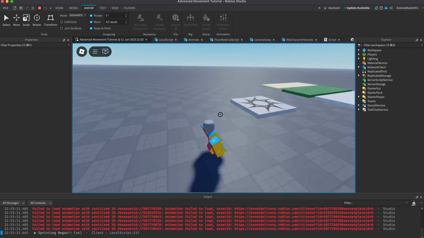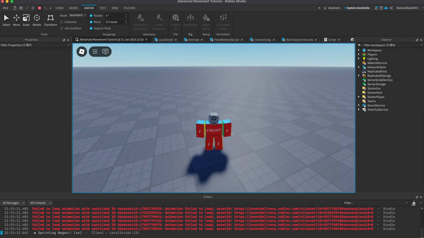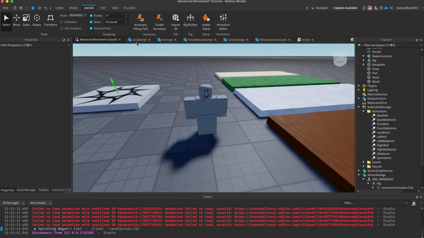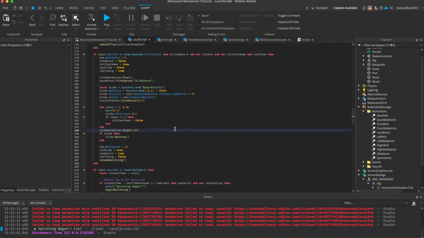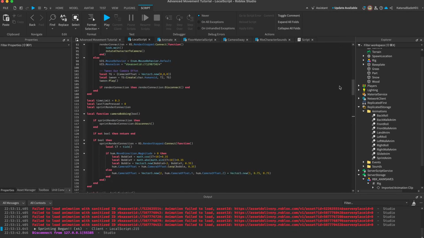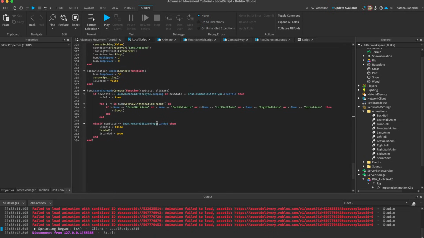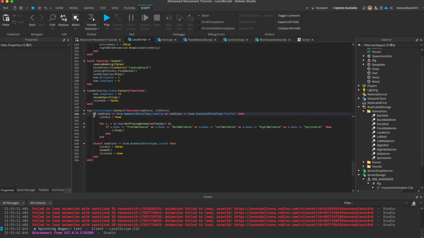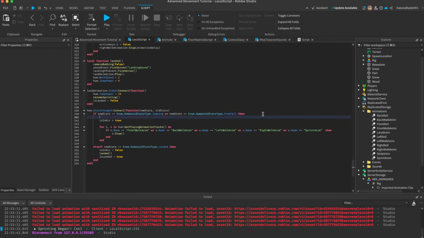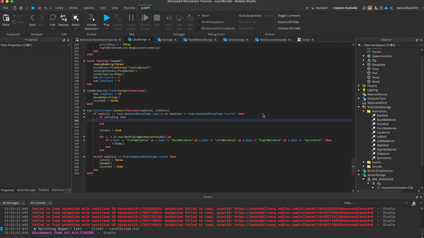One more thing I want to do is that when the player jumps while sliding, I want to give them an extra boost. We can do this because we've already created a way to track when the player is sliding right here: isSliding. So all we have to do is go to our detection for jumping, all the way down here. All of this script runs when the player jumps. So all we can do is, if isSliding, then